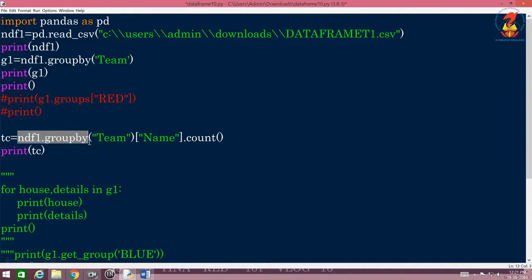Under TC I have used group by again. Group by team is there. I can actually put G1 here, G1 of name.count, but I have directly used group by. That means instead of writing G1 of name.count, I have again used NDF dot group by of team. So under team, I want to know the names count. What is name? Another column. That means when you run this program,